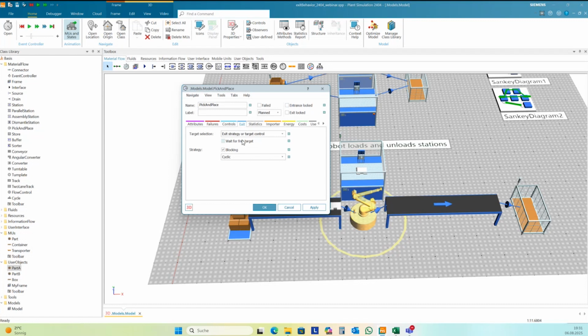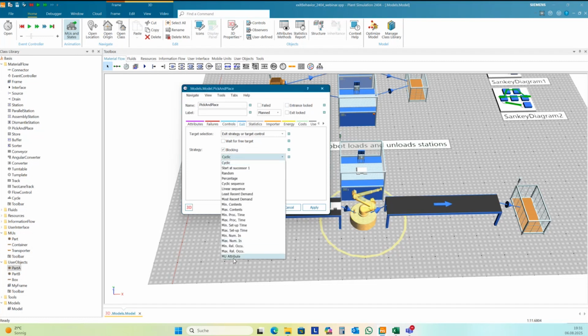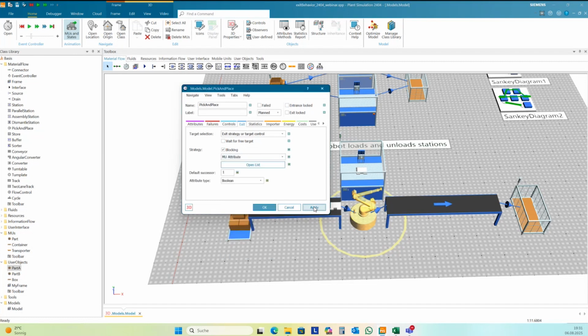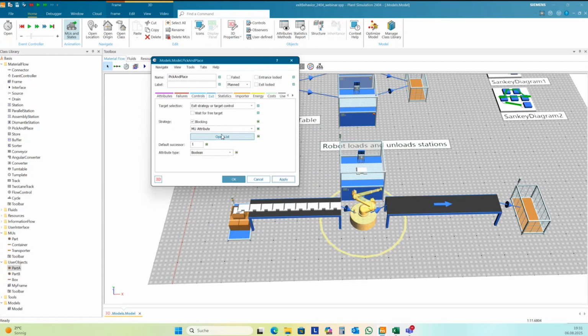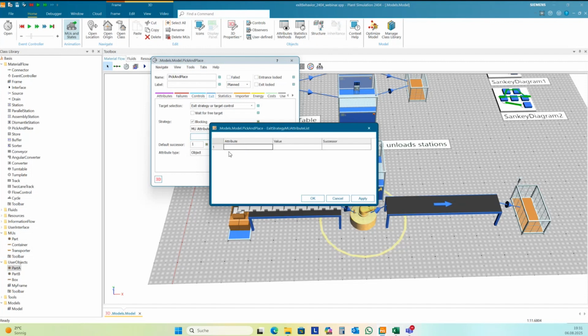By the exit control of this robot. It should also be MU attribute. And attribute type is here object. And then I open the list. The attribute I want to use is previous location.